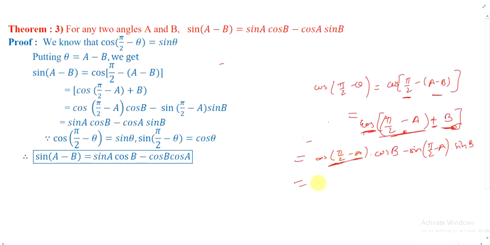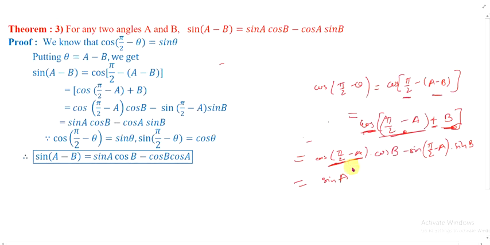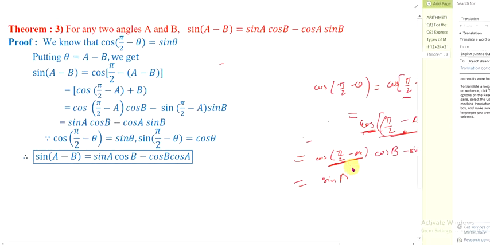We have just seen it. cos(π/2−θ) is equal to sin θ, that is sin A, because cos reduces to sin. I have just told you, cos reduces to sin. Therefore, here we have sin A